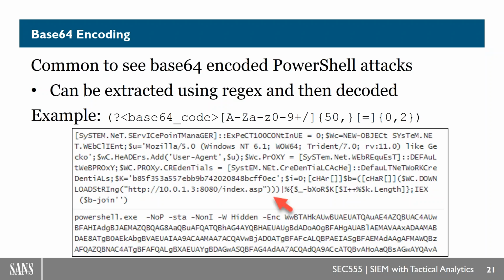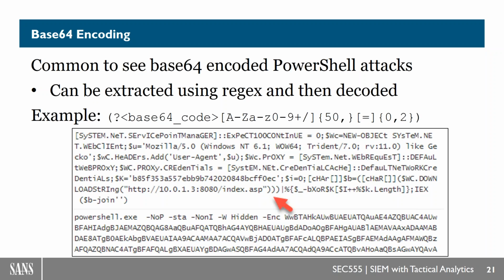I don't see base64 encoding hardly at all. You might have a few vendor exceptions because they're all crazy, we know that. You exclude them, and then you should not see base64 encoding. Now, if you can take this even a step further, your SIEM can actually convert and decode the base64.